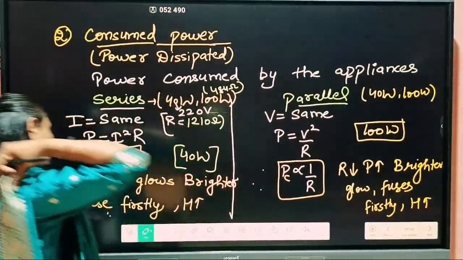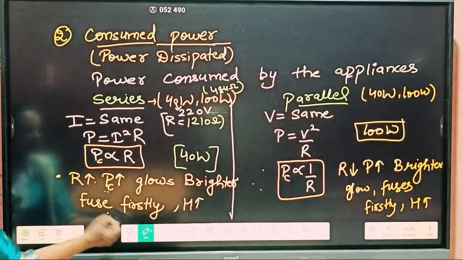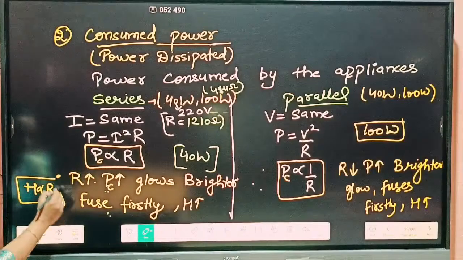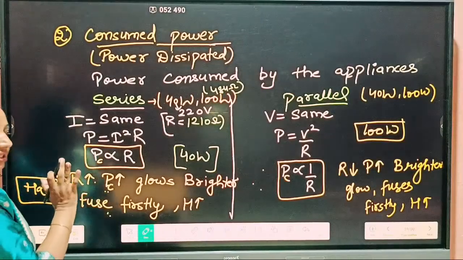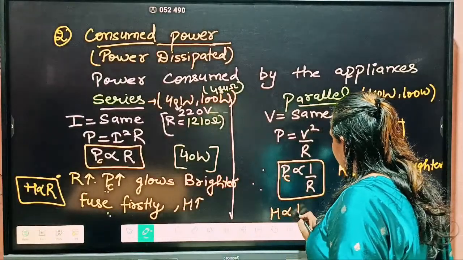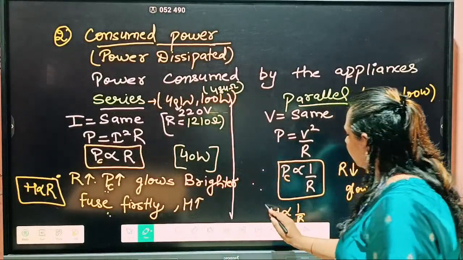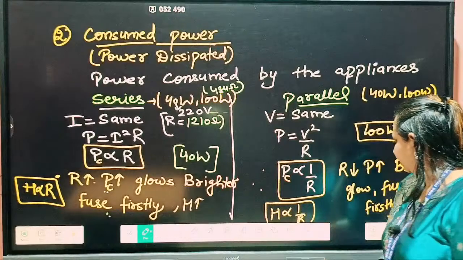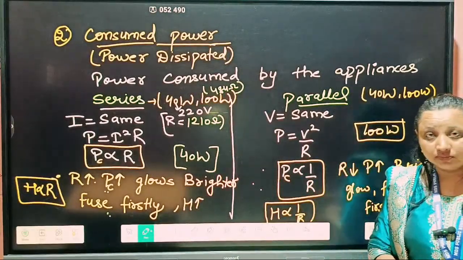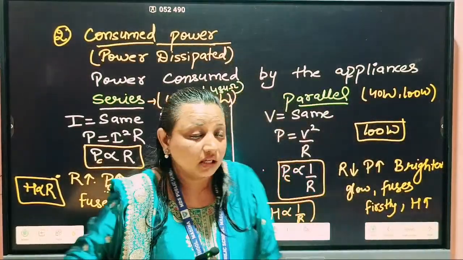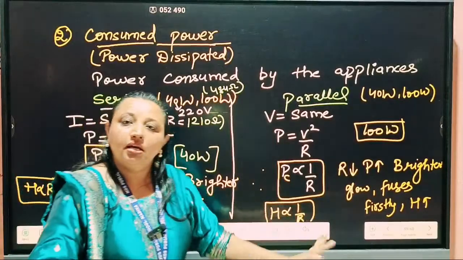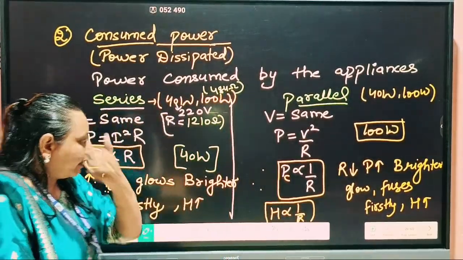So in this case, heat energy is directly proportional to R. जिसका resistance ज़्यादा होगा वो ज़्यादा heat energy produce करेगा. But here the heat energy is inversely proportional to R or inversely proportional to power. ठीक है? Power is inversely proportional to R. Power के directly proportional होगी heat energy. But यहाँ पे heat energy resistance के directly है और यहाँ पे inversely है. So what you have to remember,